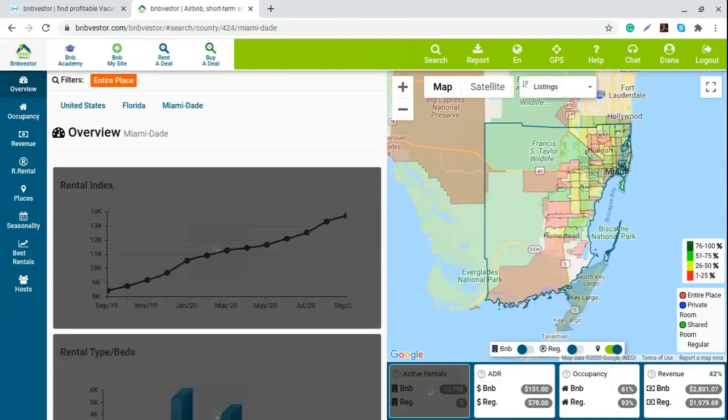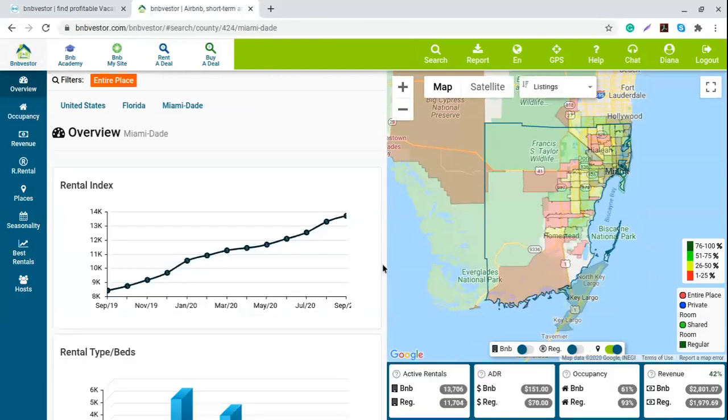Again, you will see exactly the same. Let me just hide this 1 second. I cannot see the bottom of my screen. Okay, now I can. Again, you can see right here the information. So let's start right here on this county, Miami-Dade, in the overview to our left side. The overview is going to show you the number of rentals, B&B rentals, and you can see how the business for B&B has grown over the past year. So you can see here, since September last year, you only could find